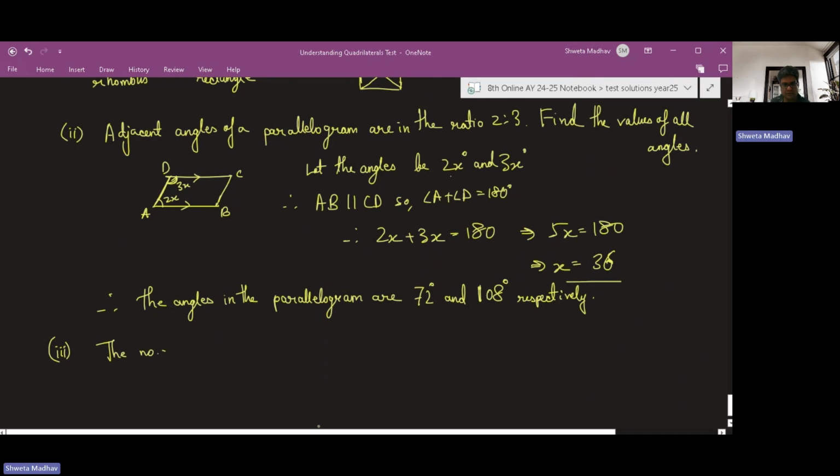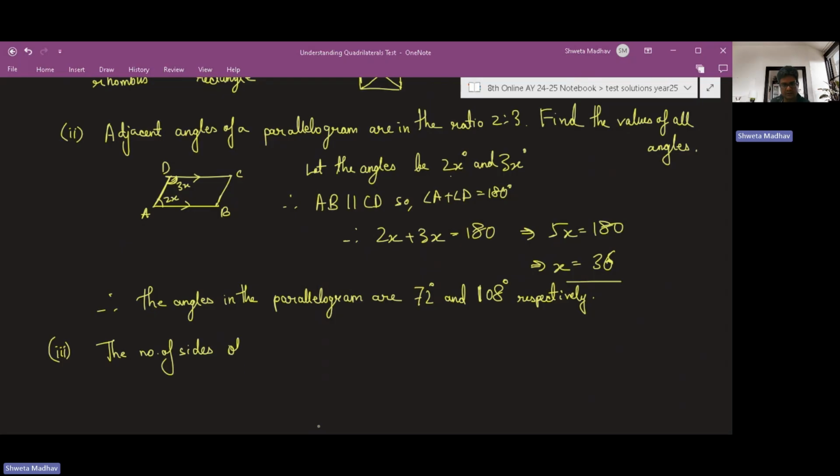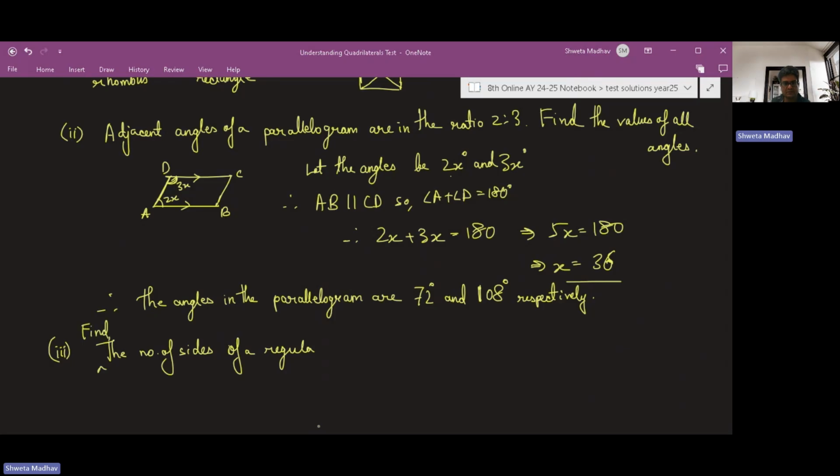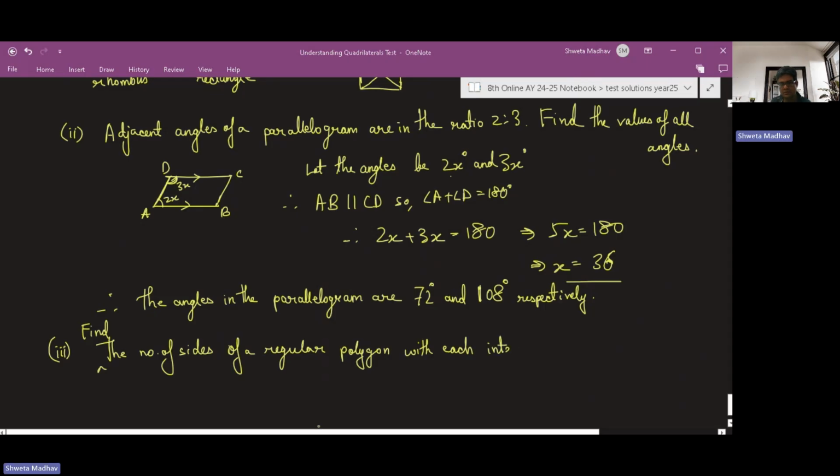So then the number of sides of a regular polygon is asked. Find the number of sides of a regular polygon with each interior angle measuring